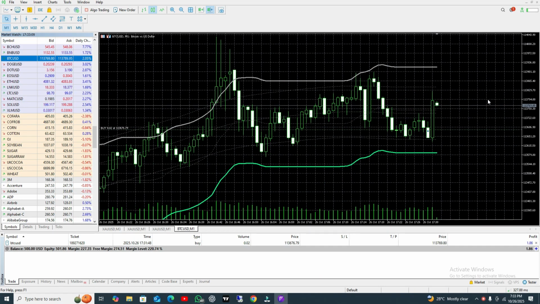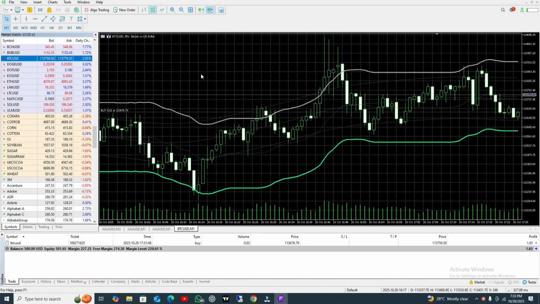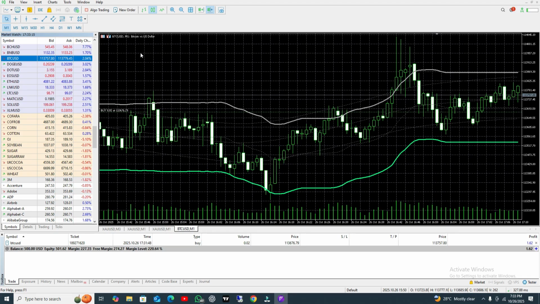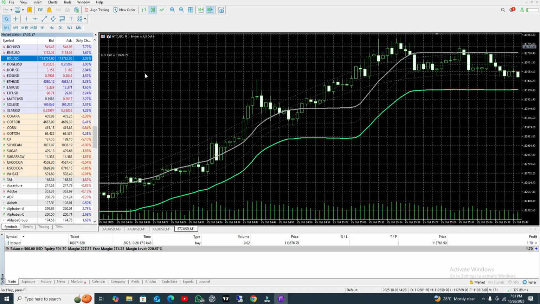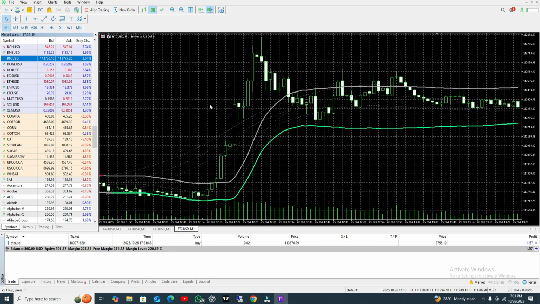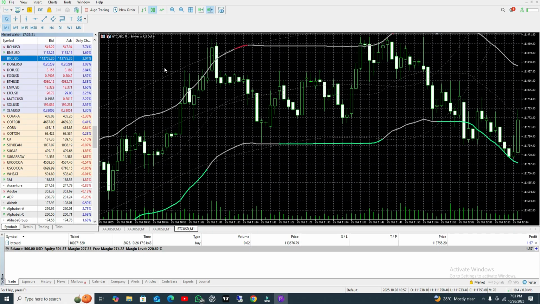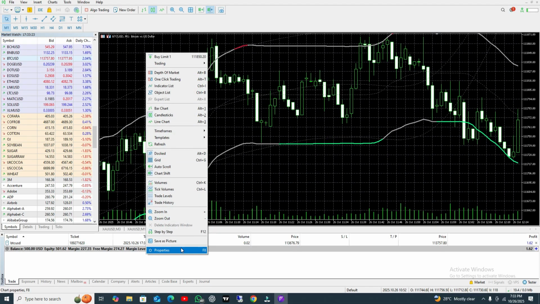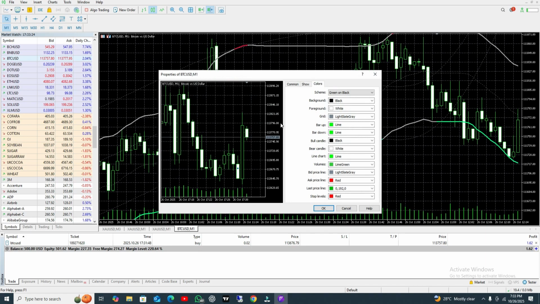Okay, same condition is here. I open my buy position. Here you can see you will get a lot of entries in the 1 minute time frame I'm using. The chart does not look very good, so we need